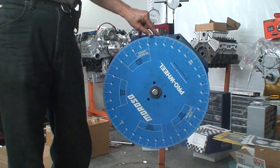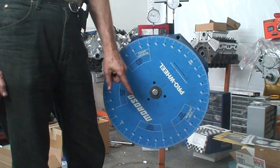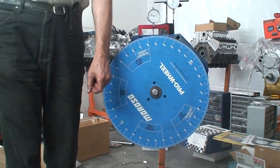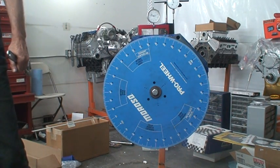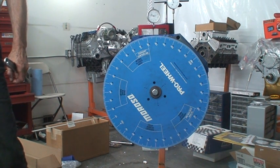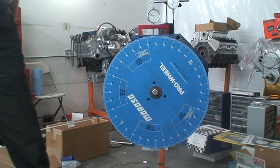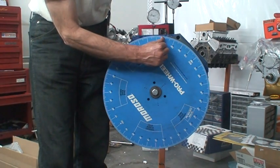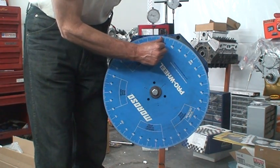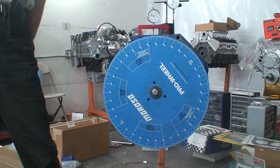So then what we do is we take 180, we add 46, and we add the 13 from the other side, and we're going to come up with 236, 237, 238, I think that's what it is. It's supposed to be 237 according to this card, and the valve should have closed at 44.5, but it is actually closed 1.5 degrees after that, so the duration on this is actually